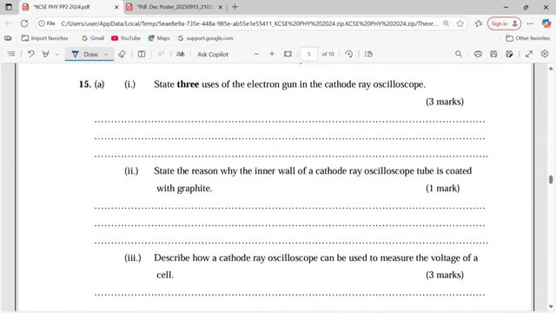Number 15 now, part 1. We are asked to state 3 uses of the electron gun in the cathode ray oscilloscope. So in the cathode ray oscilloscope, which is also called the CRO, the electron gun has several uses. We have the anode in it, the cathode, and the grid. So in the electron gun, the grid controls